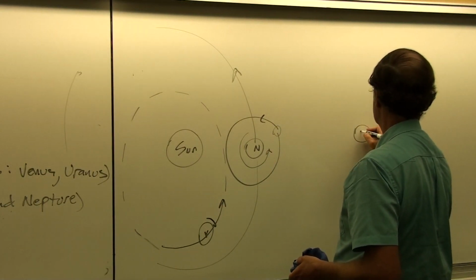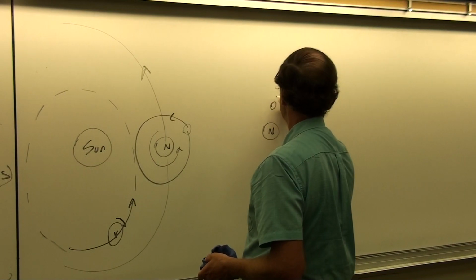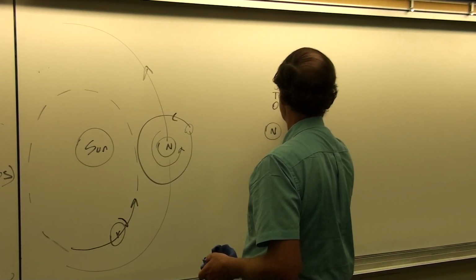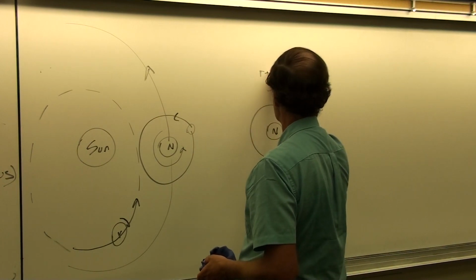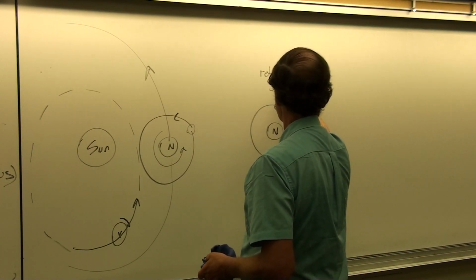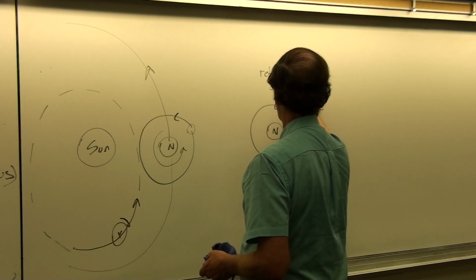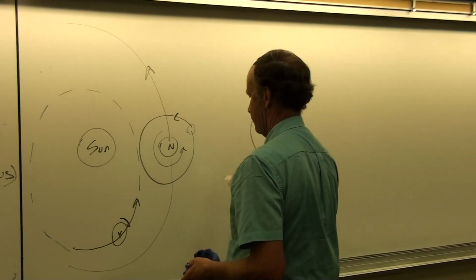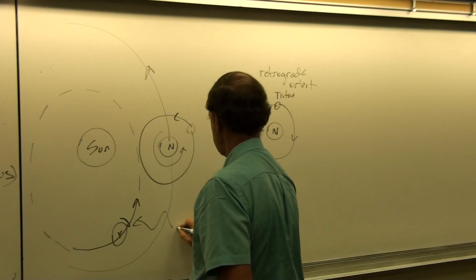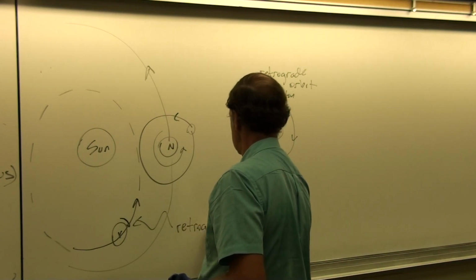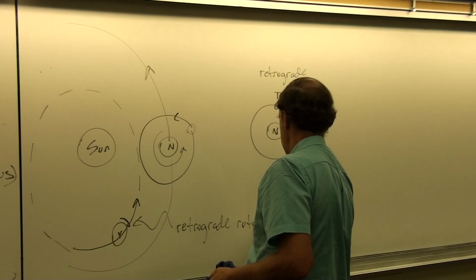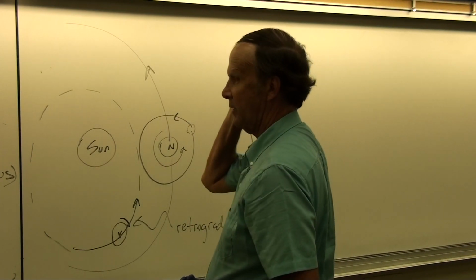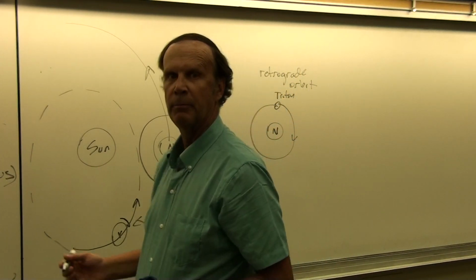If we get out to Neptune, the moon Triton goes around Neptune in a clockwise direction, so this is also retrograde. Okay, so we do have these exceptions, but